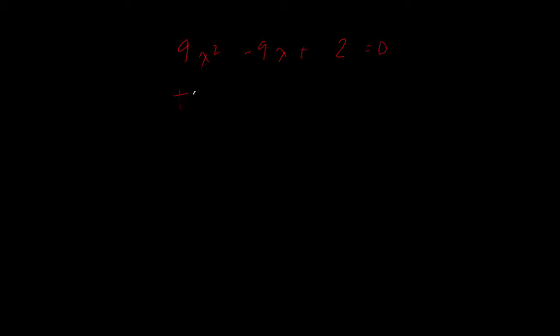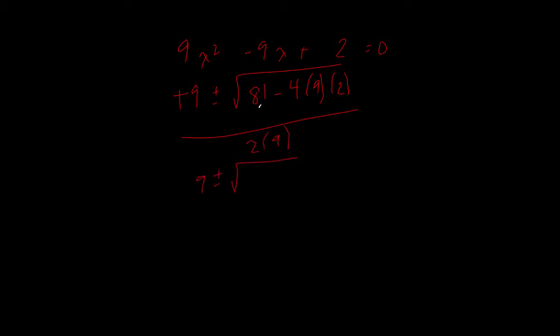So negative 9 plus or minus the square root of negative 9 all squared, so positive 81, minus 4 times 9 times 2, over 2 times 9. So 9 plus or minus the square root of 81 minus 72. So 9 over 18 equals 9 plus or minus 3 over 18. So 9 plus 3 over 18, 9 minus 3 over 18